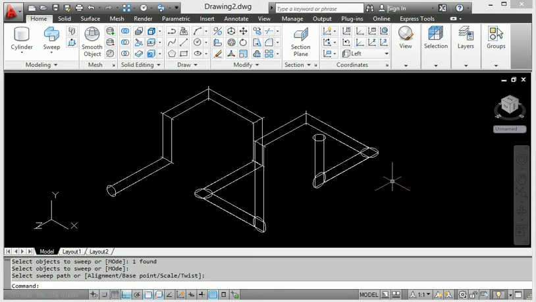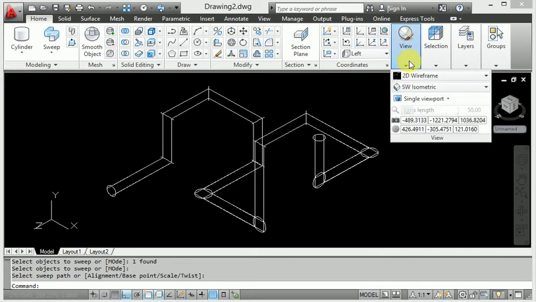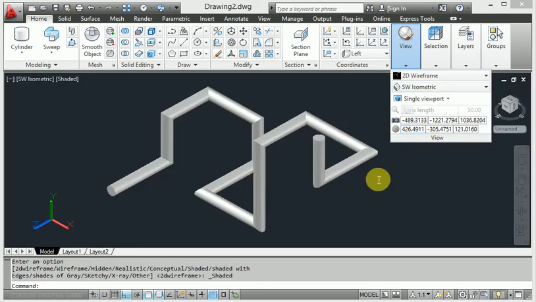Then look at this, it makes the 3D design with sweep, like a pipe design. When I go to shaded, this one has been created.